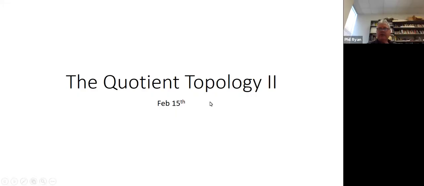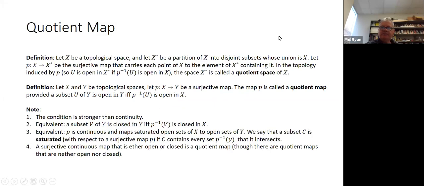Okay, let's continue our look at the quotient topology. Remember last time I talked about this idea of a quotient space. This is really important in geometry. It's how we construct certain spaces from other spaces. And if we're doing this kind of construction, we want to see how that affects the